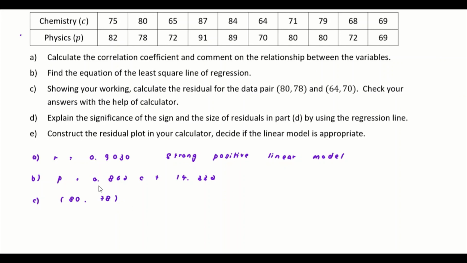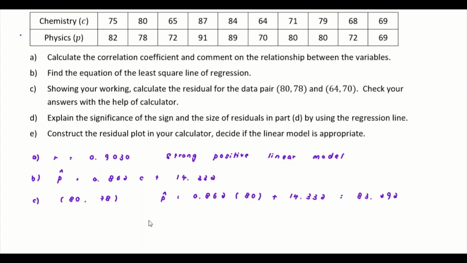If you don't want to be confused, remember that here you can always write down the cap. So P cap will be equal to 0.862, substitute the C, which is 80. This is the first value, 80 and 78. This is the marks for chemistry, and we want to find out the prediction for physics. Then plus 14.332. From here I'll be able to get my answer. Just use your calculator, 0.862 times 80 plus 14.332, and that gives us an answer of